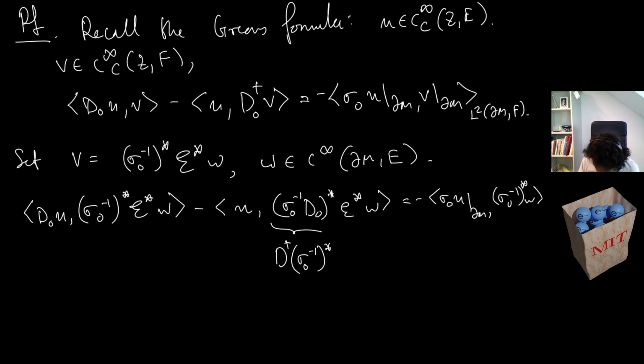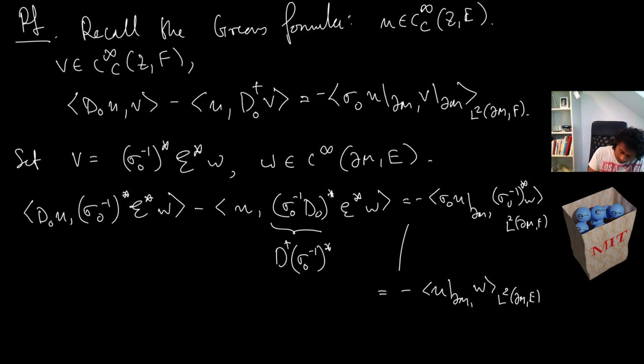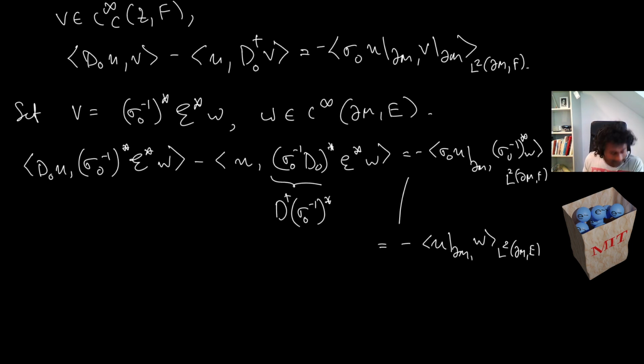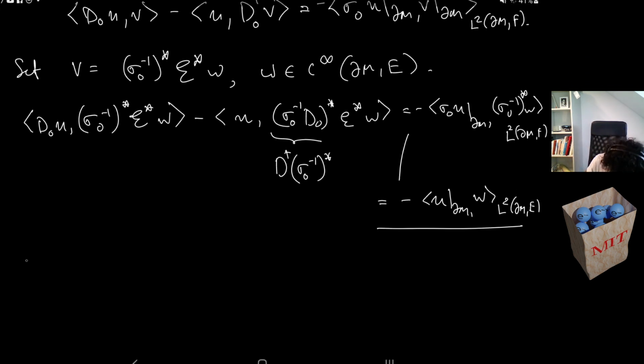Okay, so now let's have a look at this left-hand term. Because we pull the adjoint across, this is precisely going to be u restricted to the boundary, w, in L2 of the boundary of M in E. So here we're in F, L2 of the boundary of M in F, but we pull across by the adjoint and we get L2 of the boundary of M in E. So what does this tell us? This tells us, using this term here, what we get precisely is that (u restricted to the boundary, w)